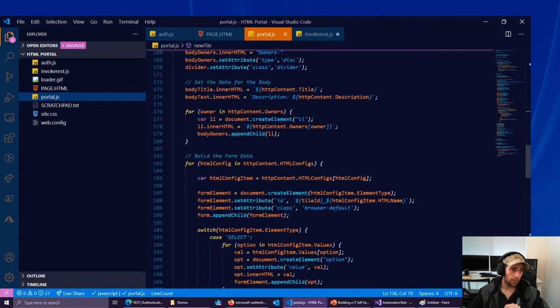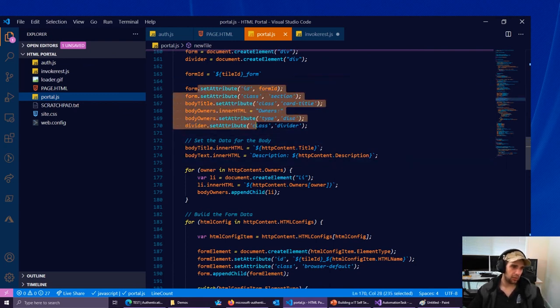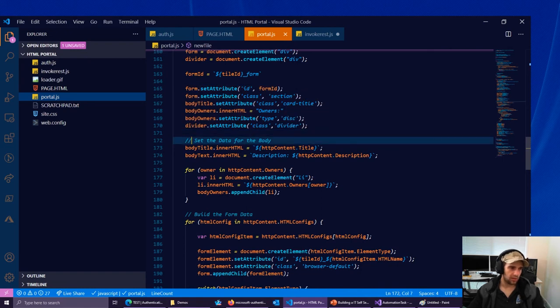Following that, there's a couple of little things that I did. Now, this is not the most effective. There are a lot of better ways. This engine only supports two types of elements for form box rendering, which is just select and text boxes, but it still works. Still works. But anyway, you can see here we're creating our owners. One thing about the owners is that because there are multiple owners, we just create it as a list item. And you can see here, if we have a look,